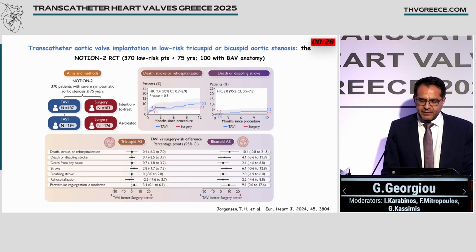You have to keep in mind that these were low-risk patients under 75 years old, and we have to